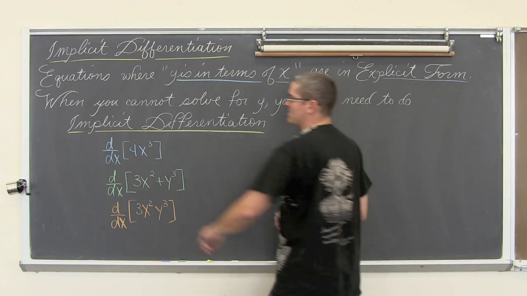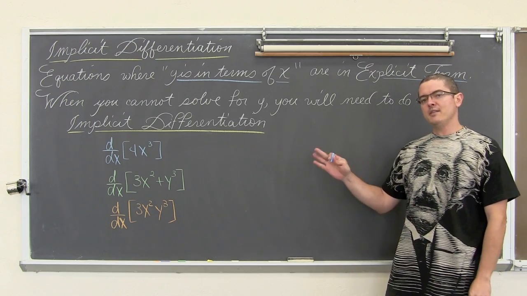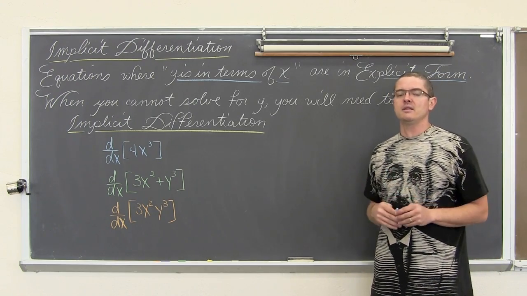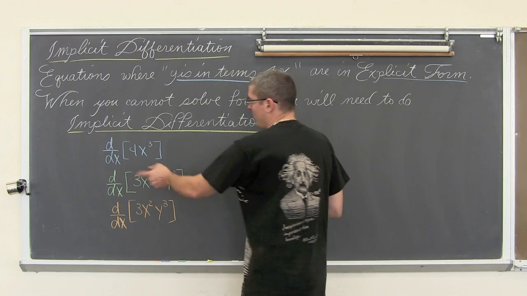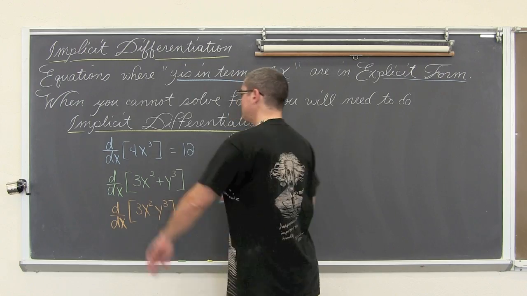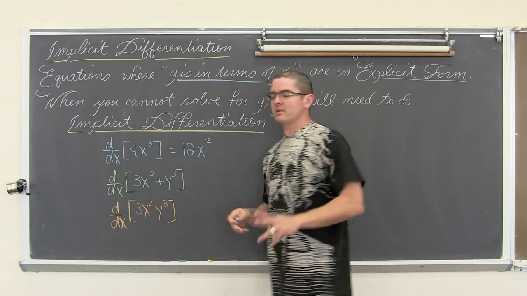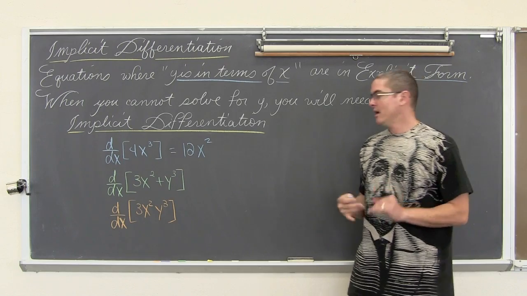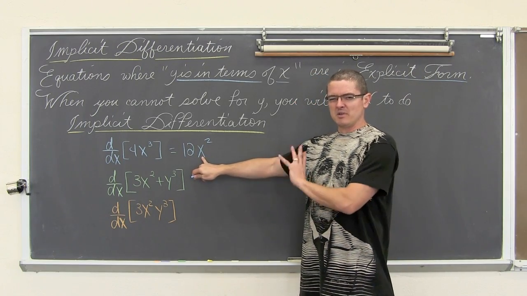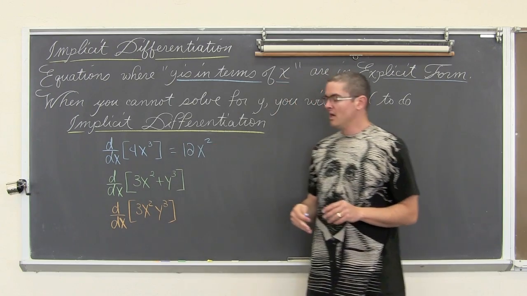We have the derivative with respect to x of 4x cubed. Now, if I were to run through this using the general power rule, which is the combination of the power rule and the chain rule, we would do 3 times 4 is 12. Reduce that power by 1, so it would be 12x squared. And then if we had an inside function u, which in this case is x, this is going to be a little extra to explain what's going on. This is the derivative of 4x cubed.